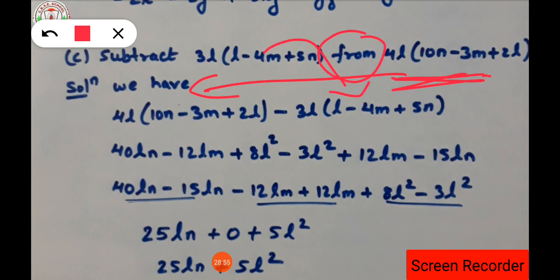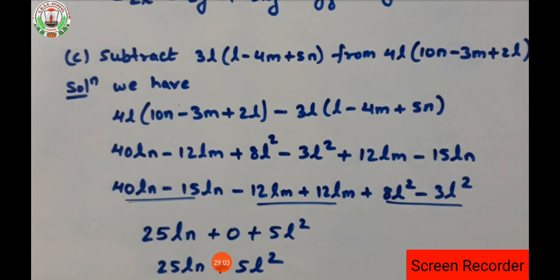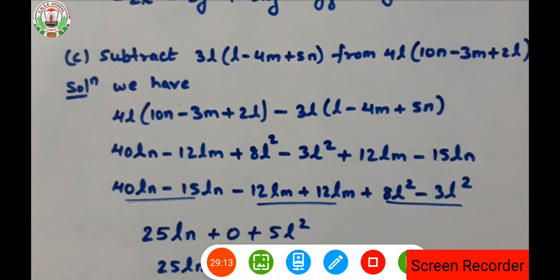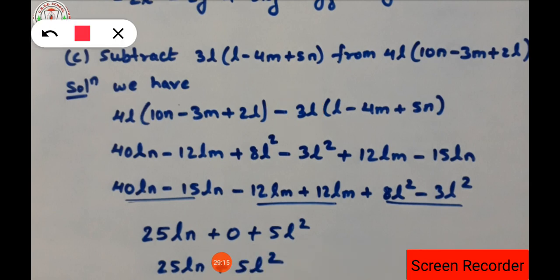Then "from" itself shows the negative or minus. Now after doing this, what do we have to do? We have to open the bracket. So while opening the bracket, this 4l and minus 3l